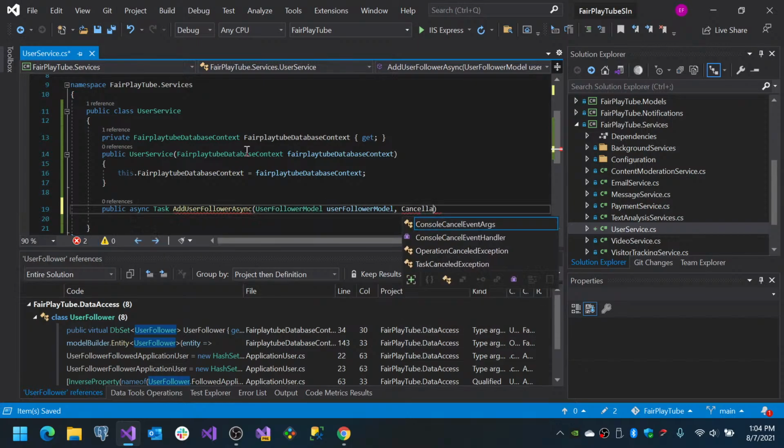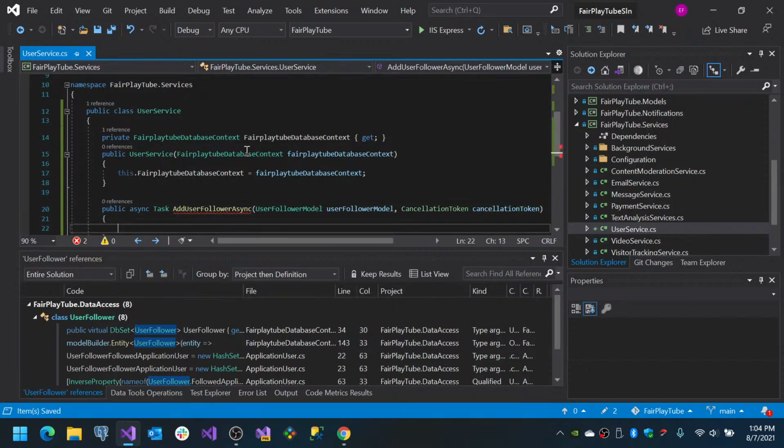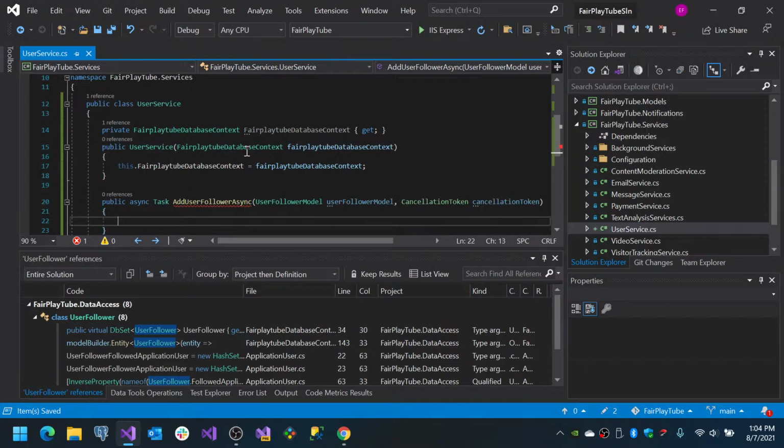And we want to always force the cancellation token to be sent. Okay. So now what do we need to do? Var followerUserEntity